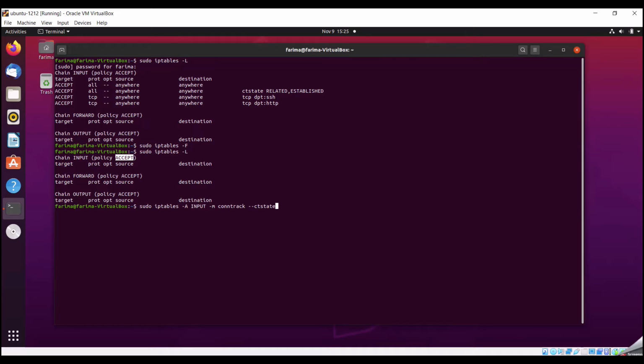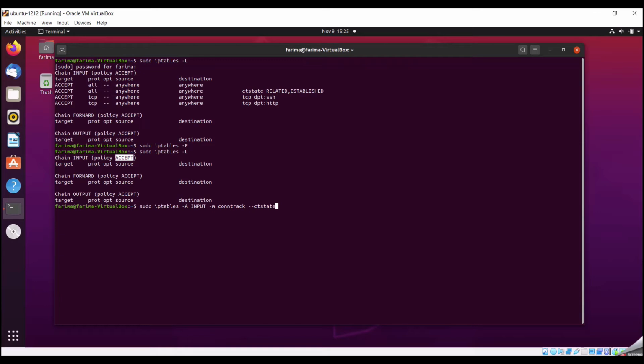A TCP connection doesn't have just one packet. It has 3 steps: SYN, SYN-ACK, and ACK, and each relates to the previous packet. For example, ACK in a TCP 3-way handshake is related to SYN-ACK, and SYN-ACK is related to the SYN packet. So it takes all of these things into consideration, and after that we pass this command